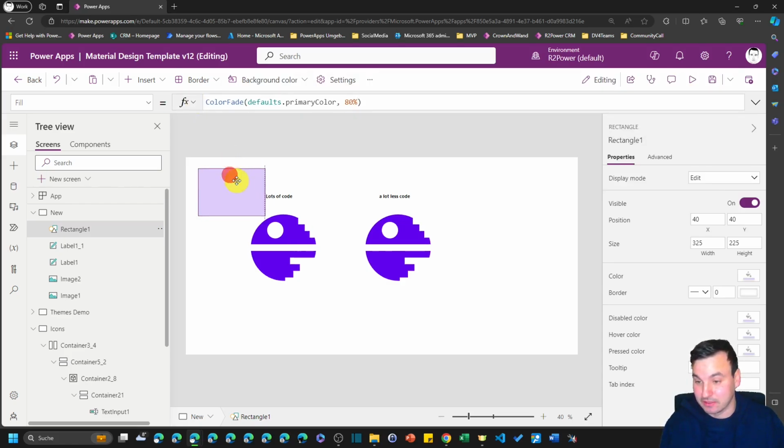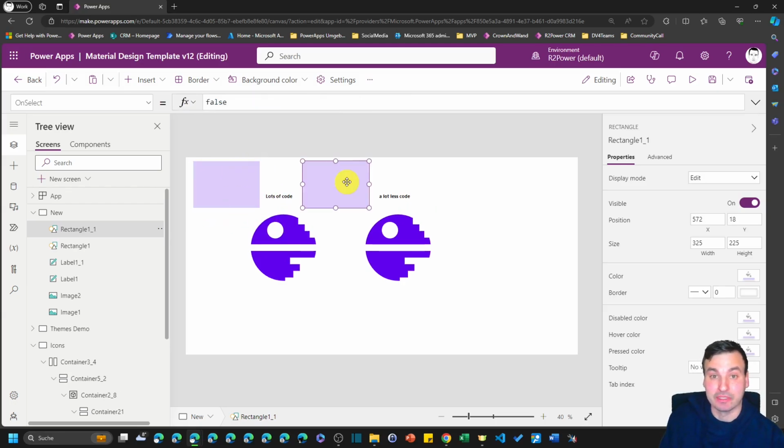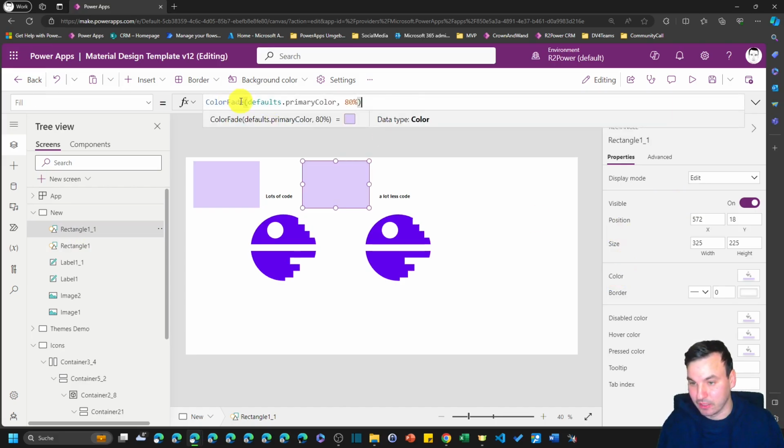But the problem here is this is not transparent. On a button that I hover, I want everything behind that button to be visible. I use that when I want to hover over a whole row in a gallery, for example, and I place the button in here, so you get the mouse pointer and know that you can click on it and get the hover effect. But then I don't want the color fade property, but I want something like the